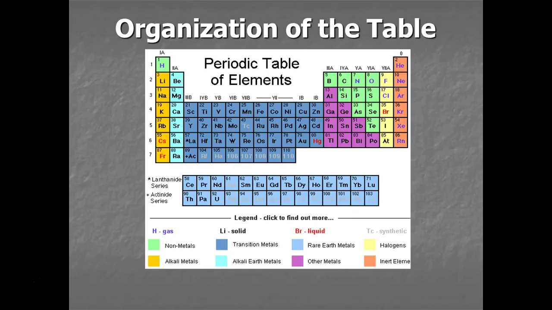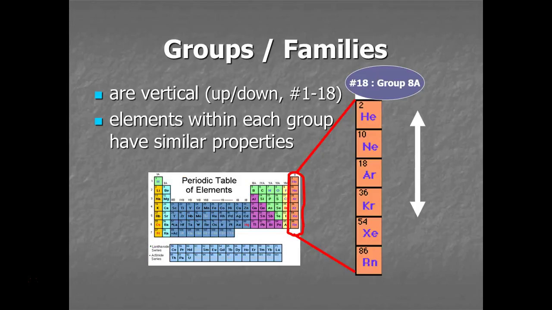So I'm going to explain now a little bit about the way that we organize it and the different parts of it, and there are a lot of these things that you're responsible for knowing, so make sure that you get to know these different groups and things like that. And so the first thing that we need to talk about is that when we say the word groups or families, what we're talking about, typically speaking here, is the columns of the periodic table, and so they go up and down, groups or families.